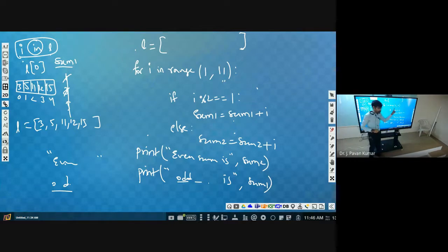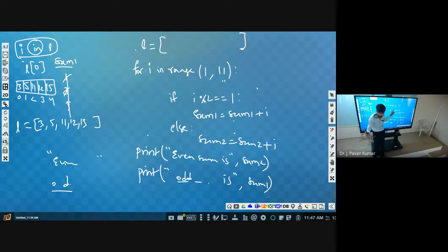I in range of 0, why 9? Index starts from 0, and we have 10 elements, so we will get 0 to 9. Range of 0 comma 9.